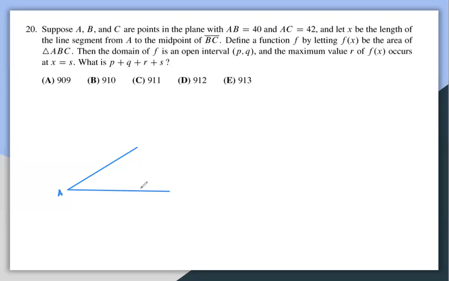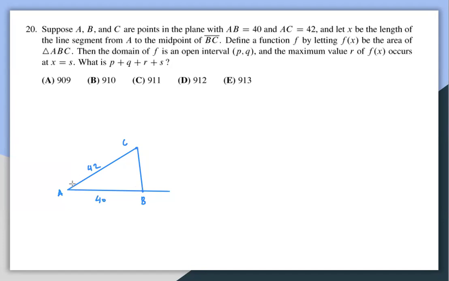So let's say this is A, and then let's say this is B. You may even place this on a coordinate plane because that usually helps with the circles since we are finding some sort of range of the third side. That might be a good idea, but for now I'm gonna leave it this way. So let's say this is B, and this is C, and this is given 40, and this is 42. And if I connect B to C,